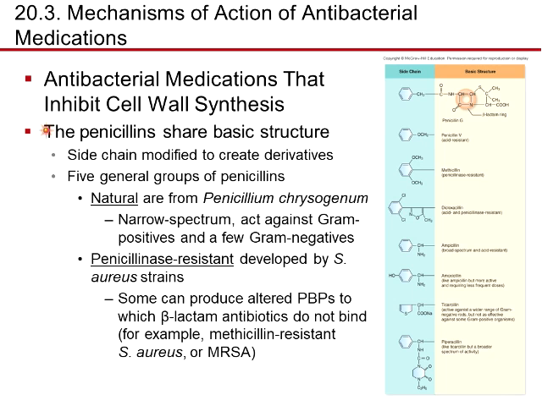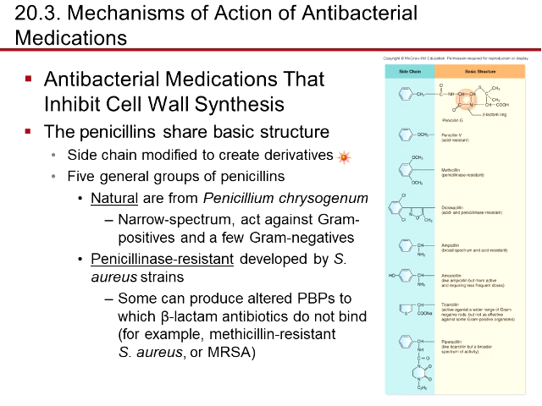Like the penicillins, they share a basic structure, and that is the side chain is modified to create derivatives. So you have a major derivative and a minor derivative. The major derivative of penicillin is really the large molecule. But when it gets to the body, it creates several minor derivatives. And there are 5 general groups of penicillins that are in those minor derivatives.